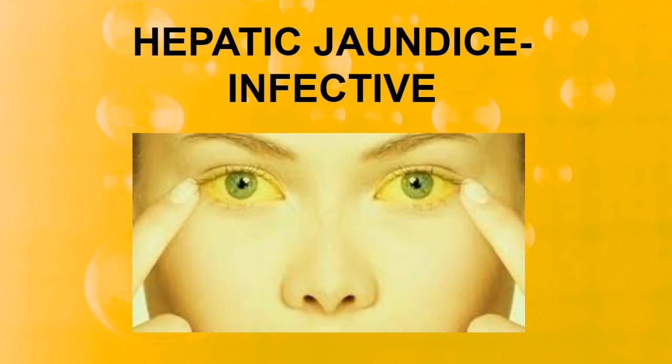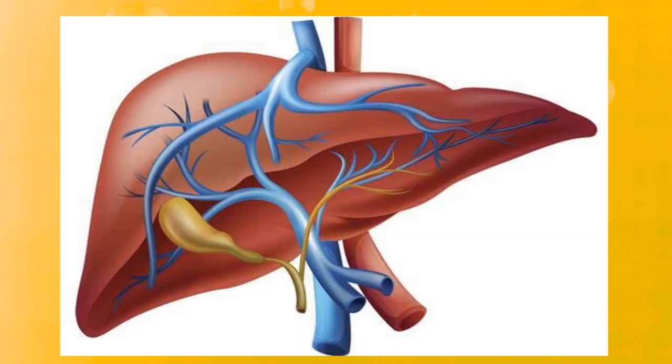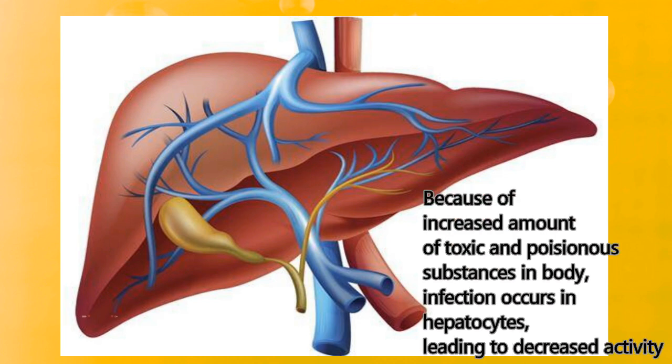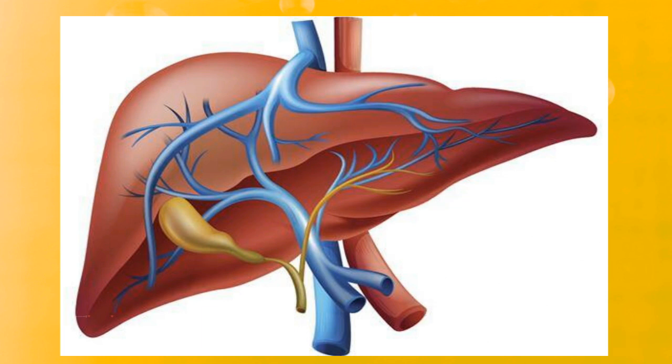Now next is about the hepatic jaundice, or we can say the infective jaundice. Over here there is some kind of problem with the liver. The liver is infective, and the hepatocytes are not functioning well. So whatever normal amount of bilirubin would be entering inside the liver won't be able to get conjugated. And so what will happen? Free bilirubin will actually enter inside the gut, and will also remain inside the circulatory system of our body.